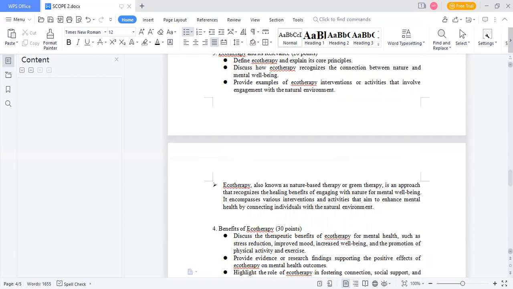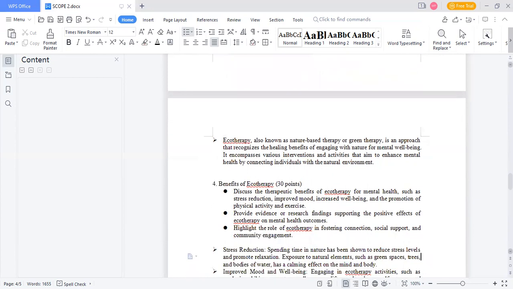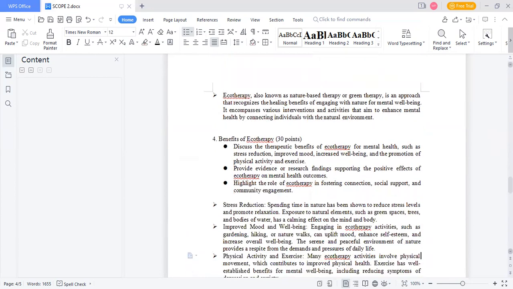in regards to ecotherapy. Looking at the benefits of ecotherapy, you have to also discuss the therapeutic benefits of ecotherapy for mental health, such as stress reduction, improved mood, increased well-being, and the promotion of physical activity and exercise. So these are the benefits of ecotherapy, and then provide evidence on the research findings supporting the positive effects of ecotherapy on mental health outcomes. Provide evidence in regards to that, and then also highlight the role of ecotherapy in fostering connection, social support, and